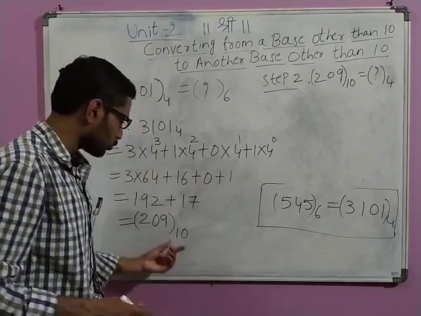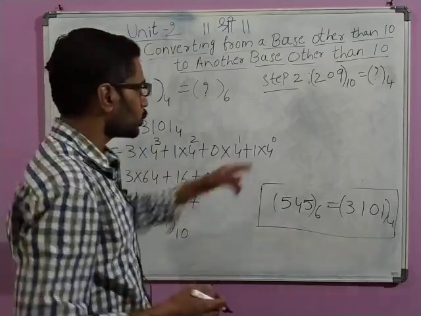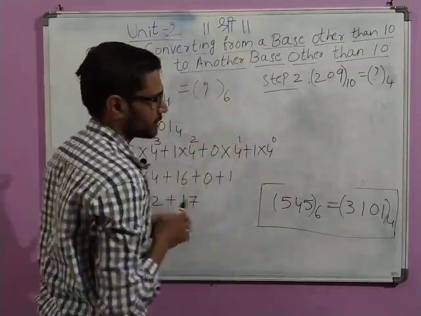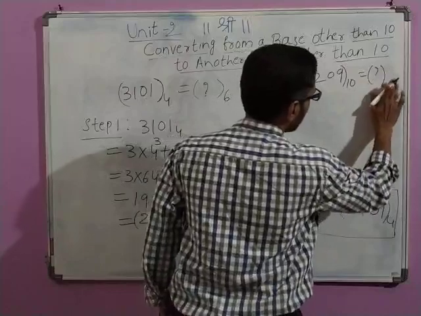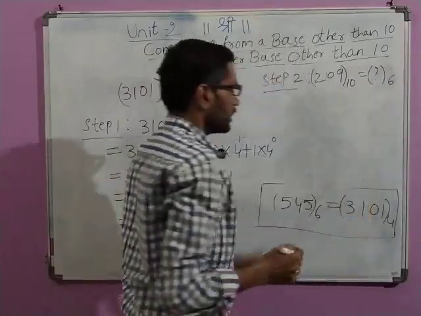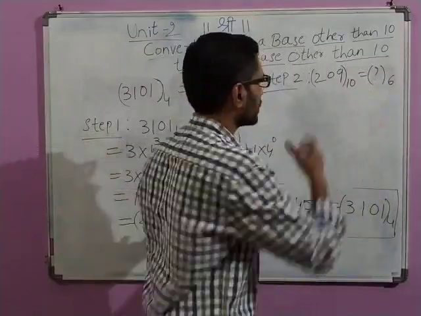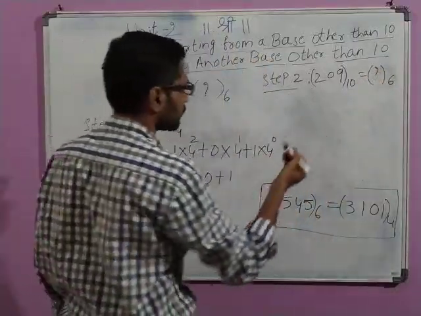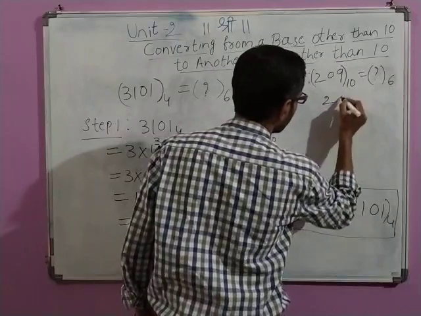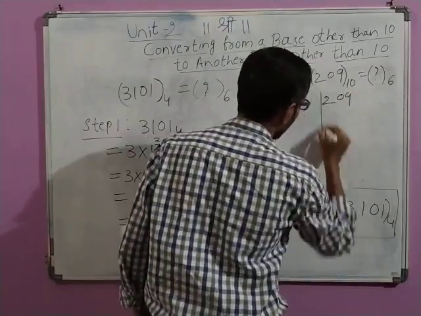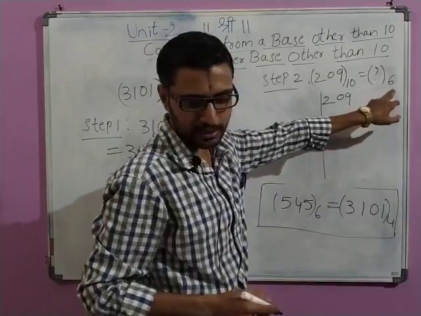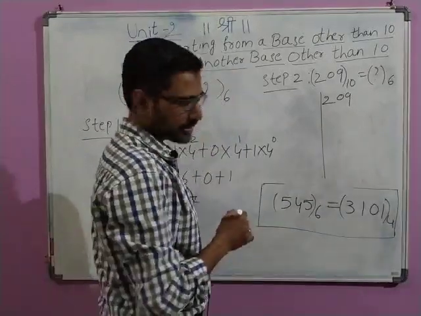Now after converting to base 10, what do we need to do? 209 to the base 10, you need to convert it to base 6. So instead of this 4, we can write this as base 6. This is not actually required. For your understanding, I am putting the question mark so that you can understand it easily. So take this number, what is the number now? 209, and follow the divide and remainder technique. And what is the base now here? Base is 6. So we need to take the base as 6 now.